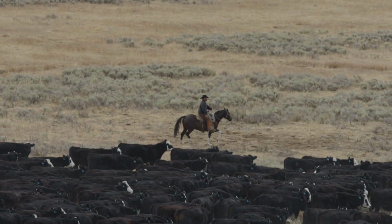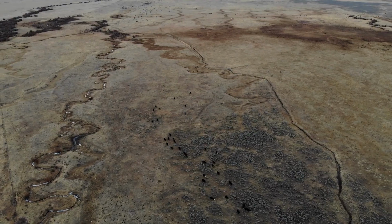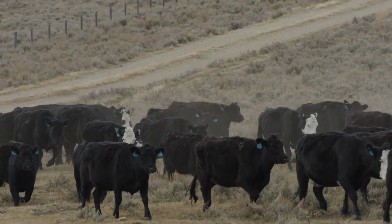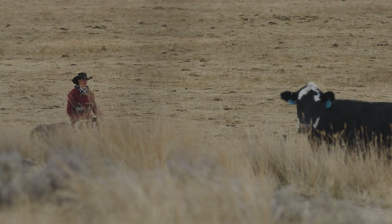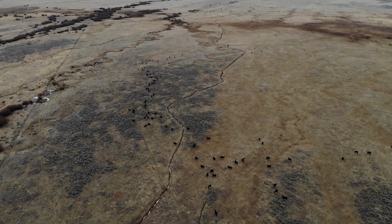A lot of people don't understand with ranching, it's not a 9 to 5. There's no sick days, there's nothing like that, because there are chores that always have to be done and livestock that needs tending to. So, for me, it's more of a passion thing. And my husband Caleb always says you never have to work a day in your life if you love what you do. And there's a lot to that,